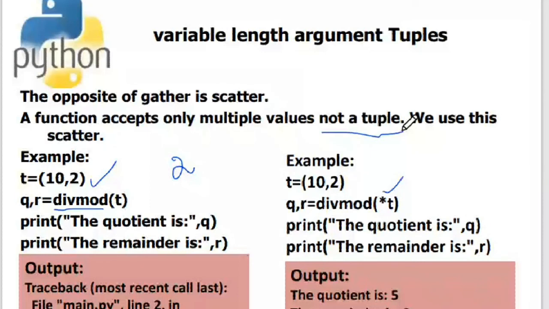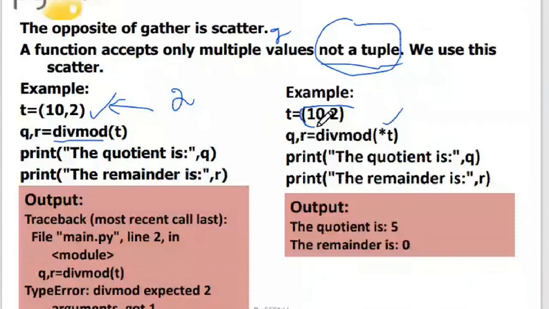Okay, but it cannot take a tuple. So now what you have to do is, since the input itself is a tuple, and you want to pass a tuple into this particular divmod. In that case, since this entire thing is considered to be one parameter, you cannot give that into divmod. It is expecting two, but you are sending only one.